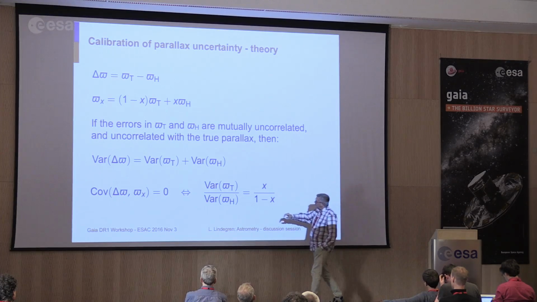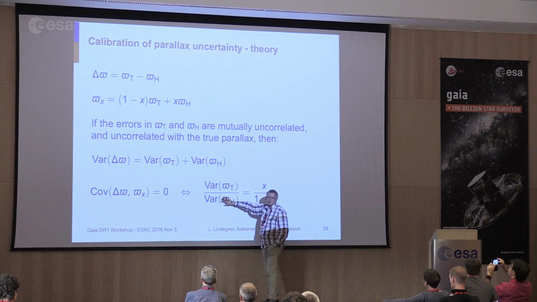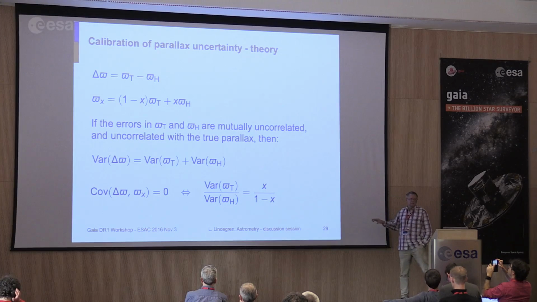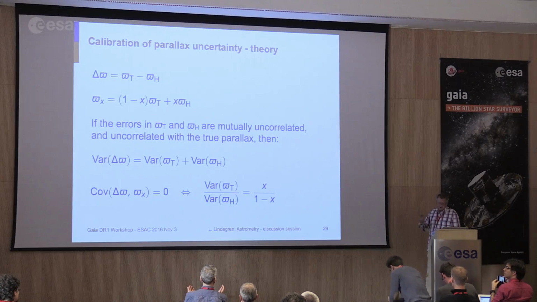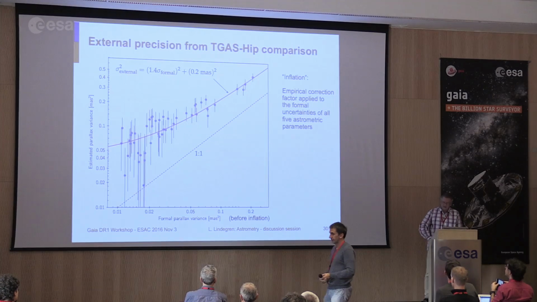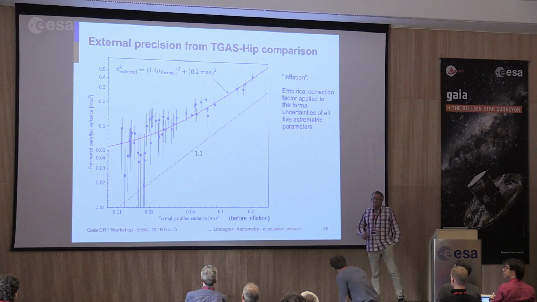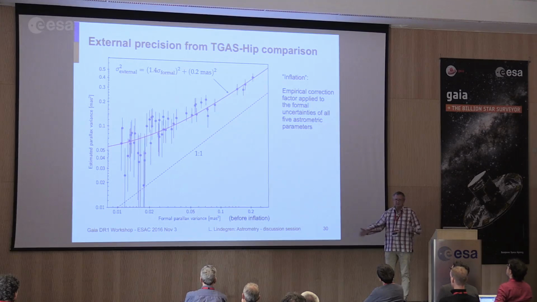So here we have a way to determine both the sum of the variances and the ratio. And it means that we can determine the variance of both samples. Don't you store everything in one basket? No, I don't. What I do then is to divide up the sample in cells depending on the formal error,